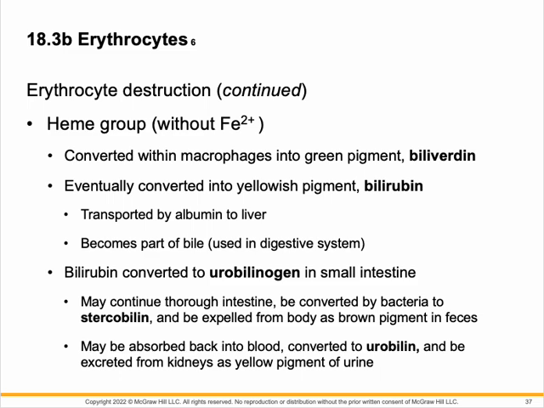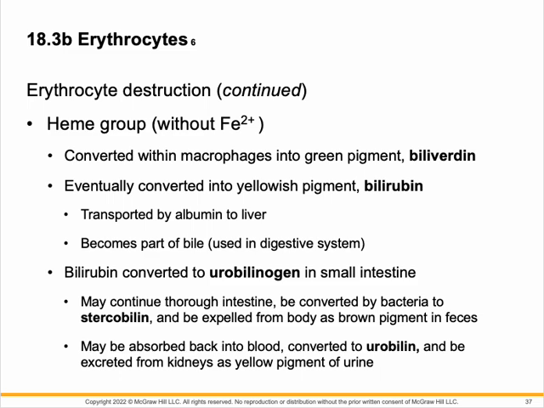The summary of it is it's ultimately going to be broken down. It's going to be added into bile. Bile is converted into something called bilirubin here, and then it's added into bile, and bile is what we make in the liver, we store it in our gallbladder, we release it into our small intestine, our duodenum, the very first part of our small intestine that receives contents from the stomach, and then that bile helps